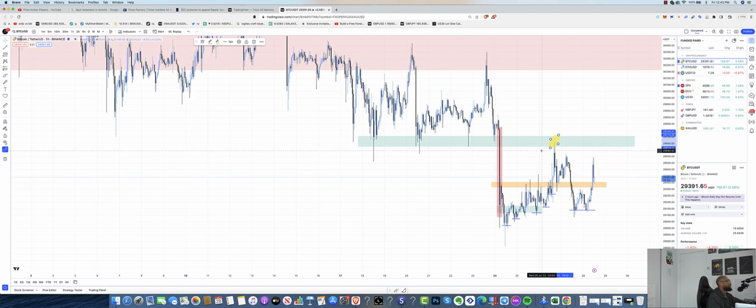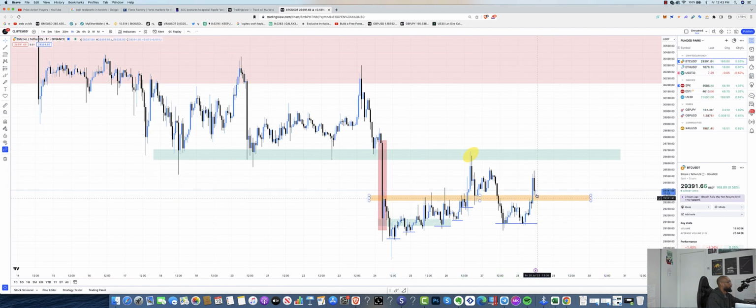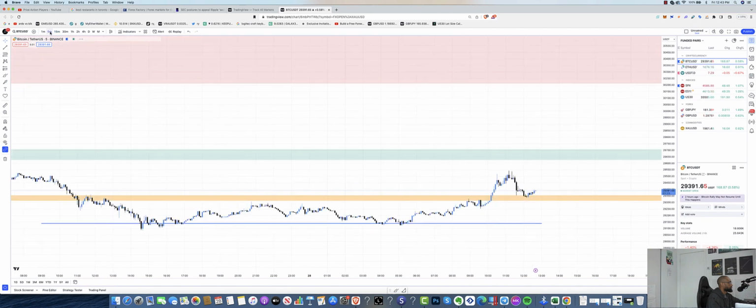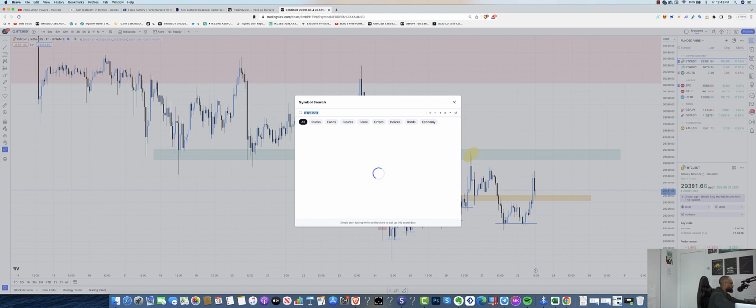It's not giving signs that it's going to break above this right now. We kind of just have to tackle this resistance and see how it keeps reacting. We did get a nice break above here, and now it looks like it's holding the support. So you just want to remember that right now for the Bitcoin price, we're not going to have any exponential gains or losses. I just see more consolidation until we get to the next